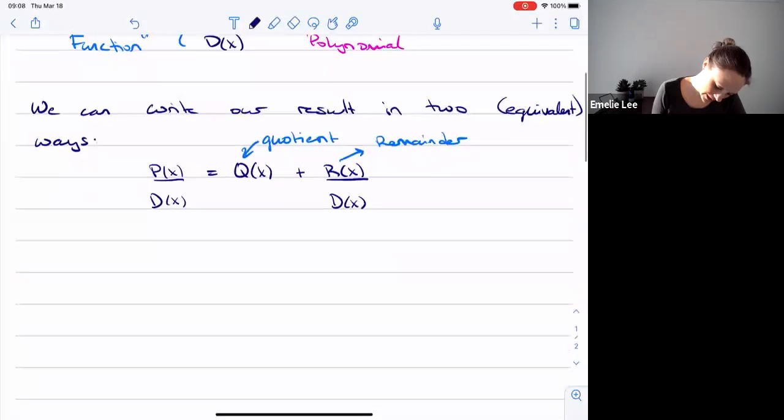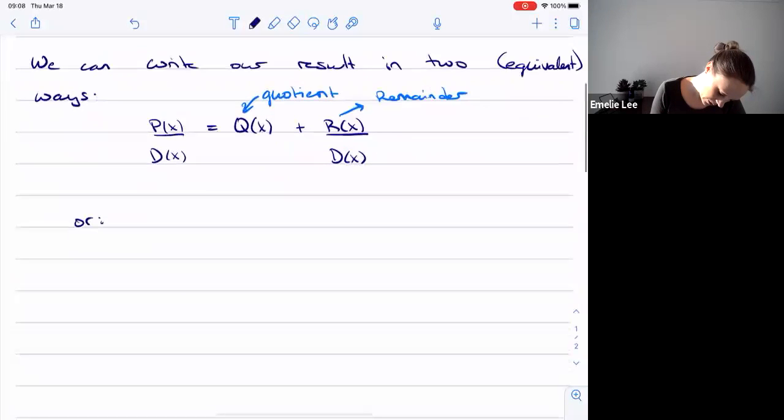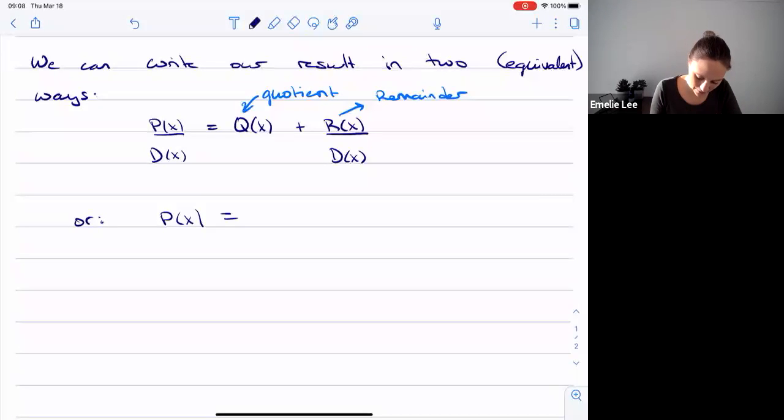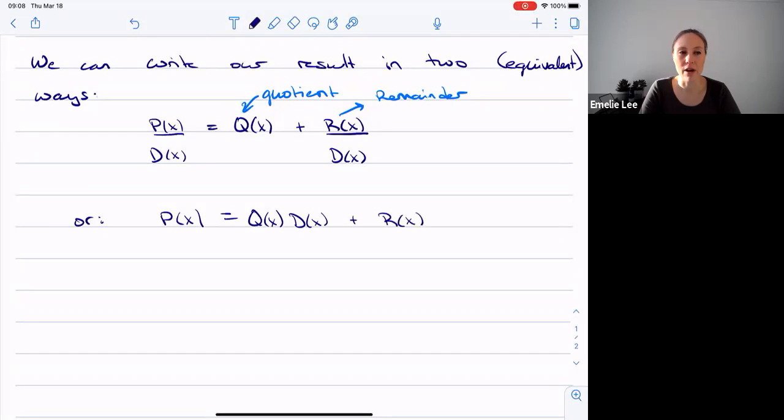Or you can write p of x equals q of x, or yeah, it doesn't matter, q of x d of x. So just multiplying this d of x over to the right hand side, but that means we have to multiply it by both terms, right? So then plus r of x, because it's going to cancel with that d of x